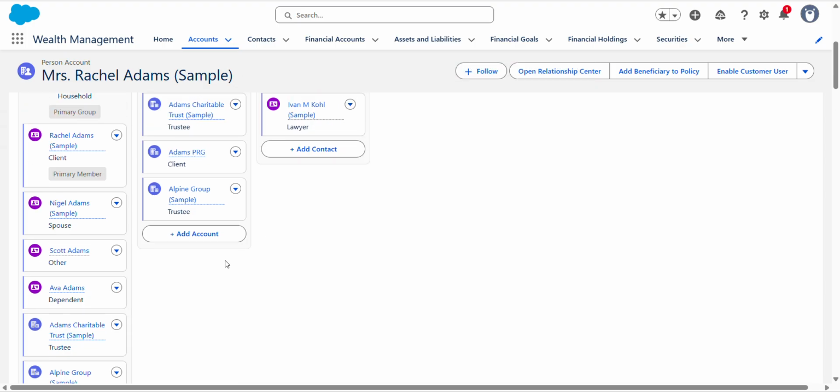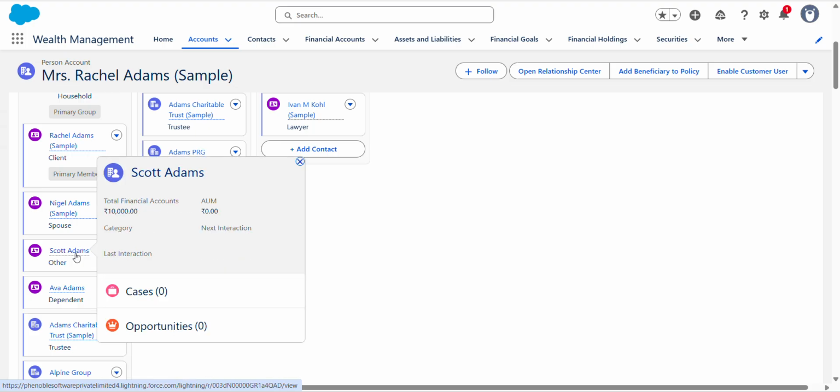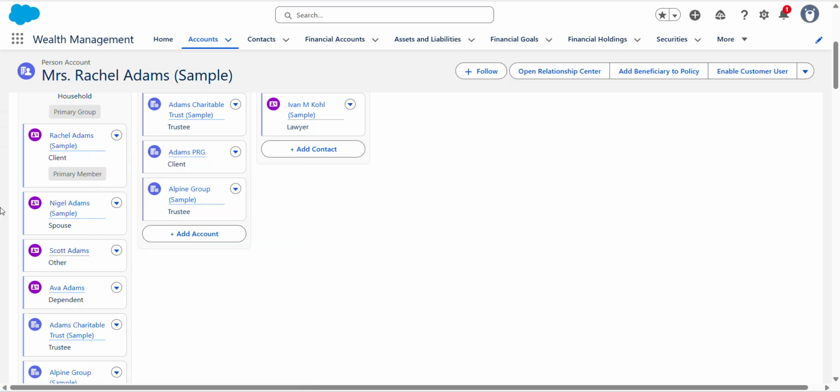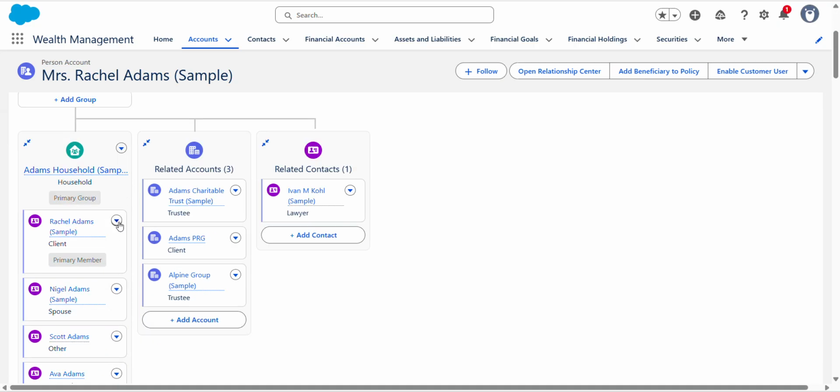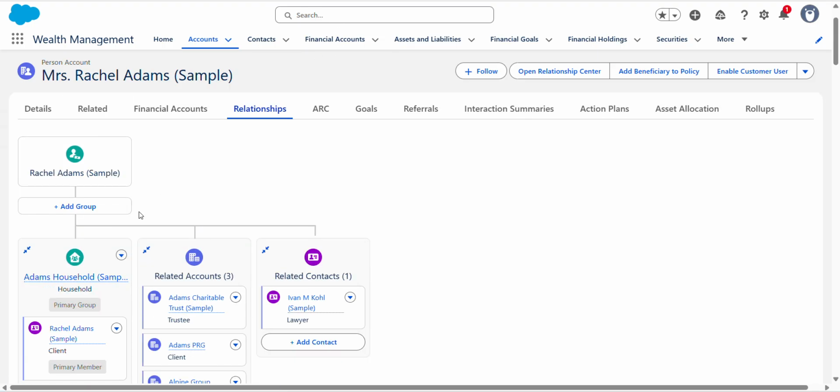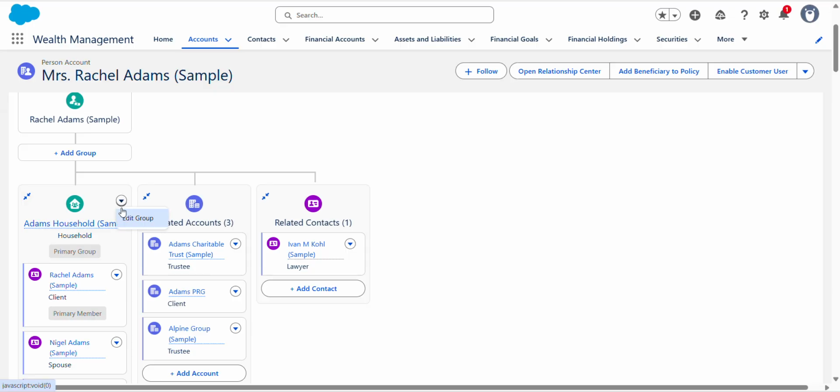Okay, now let's make the Adams household the primary group for Scott Adams, right? Using the relationship group editor, you can click on edit group from the Adams household drop down, right?